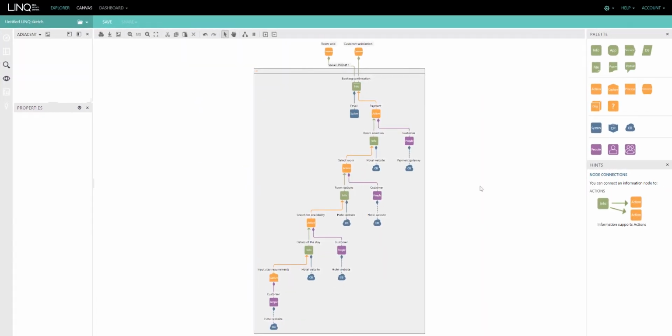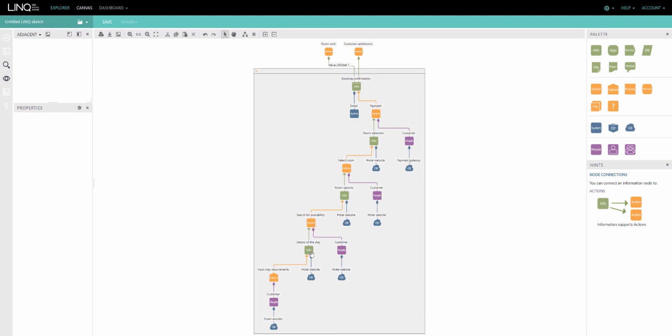So we have just thought about the process that the customer goes through on our website booking a room from an information flow perspective. The things to reiterate here are we haven't at any point described the clicks that need to be done on the website in order to search for availability.